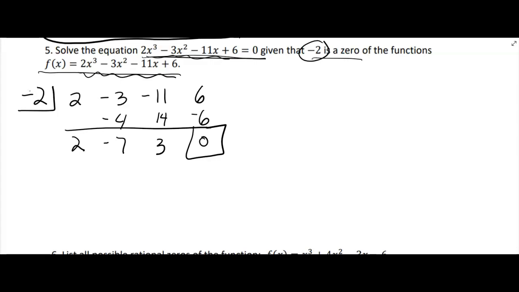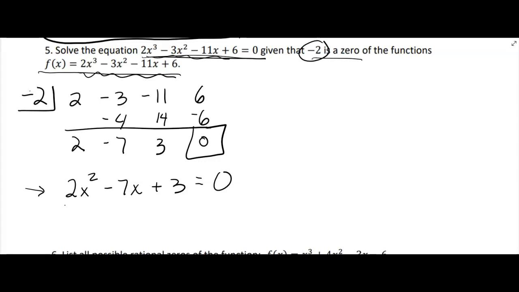Well, now we have this 2x squared minus 7x plus 3. So we know x plus 2 is a factor. We know -2 makes that true. But now we have this whole thing here left, and we want to know, when does that equal 0? Now, this is quadratic. You can use the quadratic formula. You can use